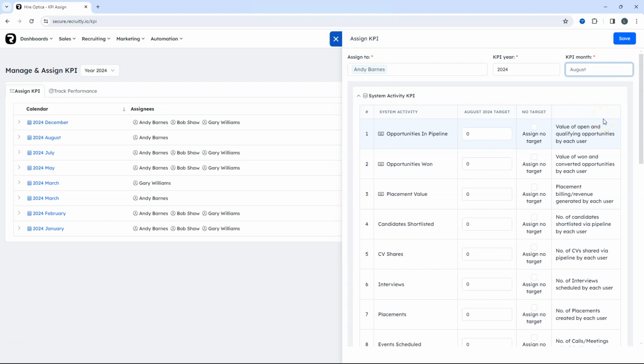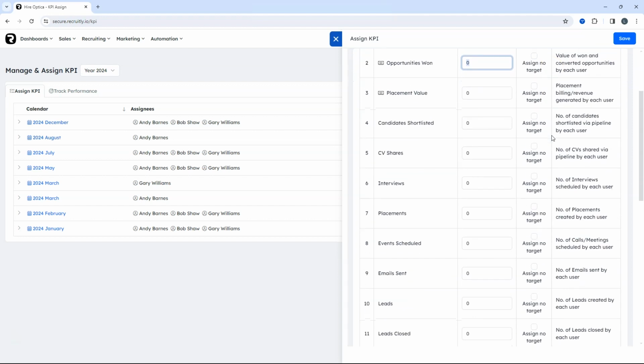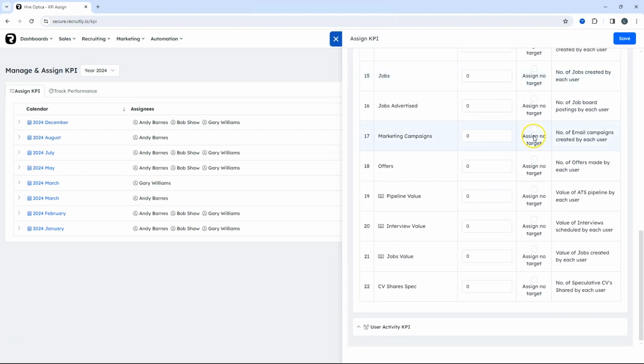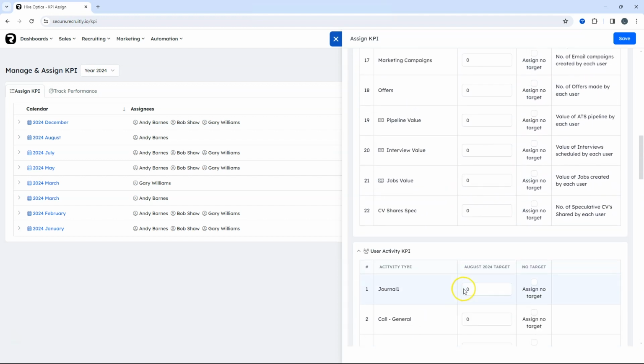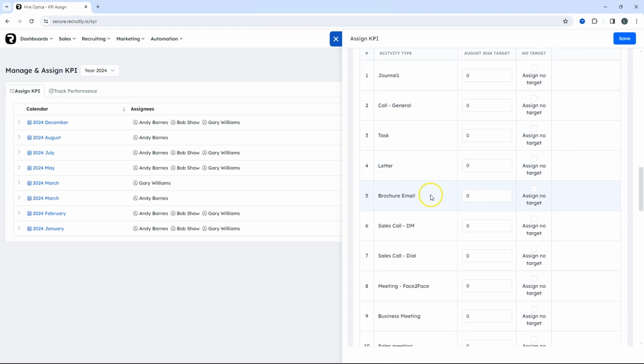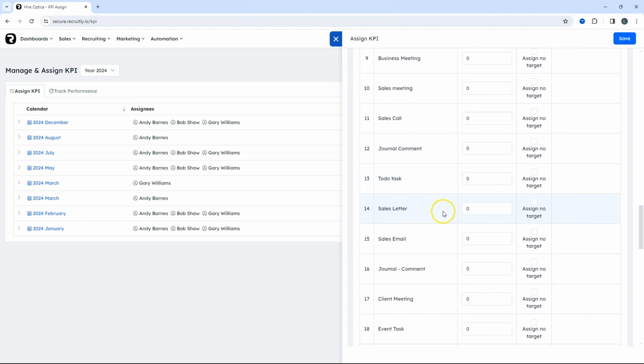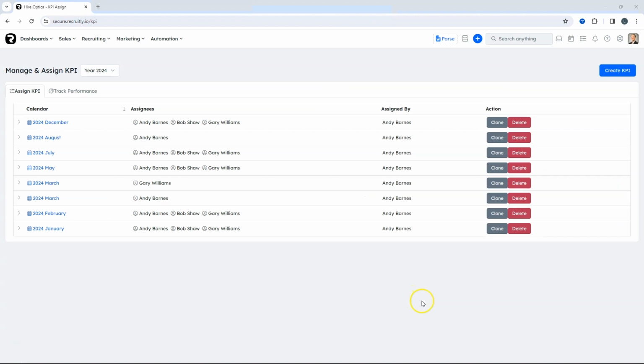Once you've done this, you will see a whole host of different activities appear. You can go through and adjust all of the targets or assign no target. As you scroll down, you'll also be able to see customized targets that you can create within the back end of the system yourself. Once you have set your KPI, and if you have the same KPIs month on month,